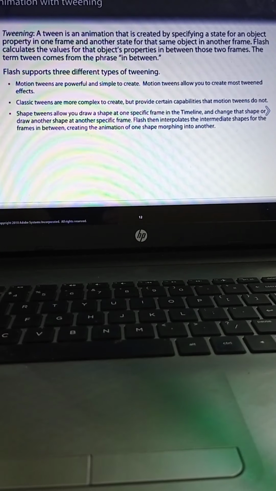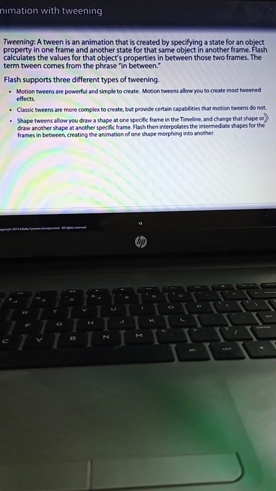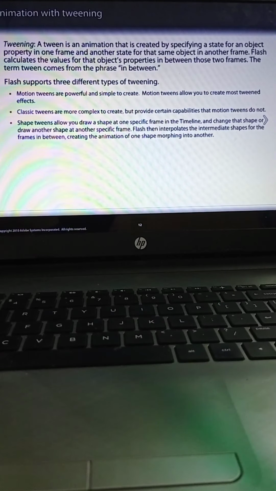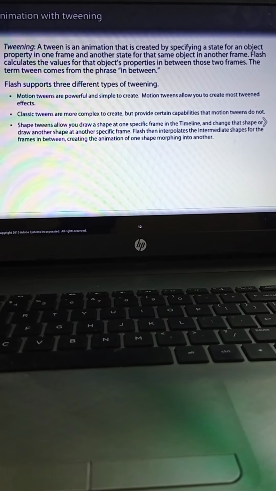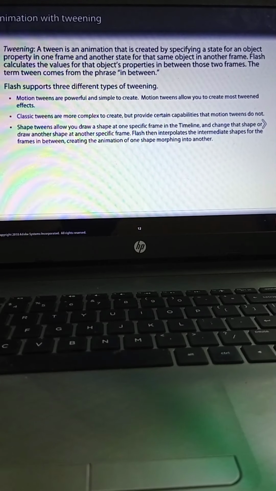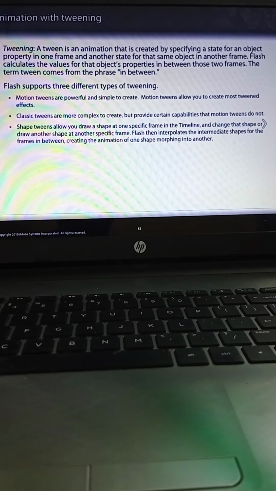And tweening, animation with tweening. A tween is an animation that is created by specifying a state for an object property in one frame and another state for that same object in another frame.